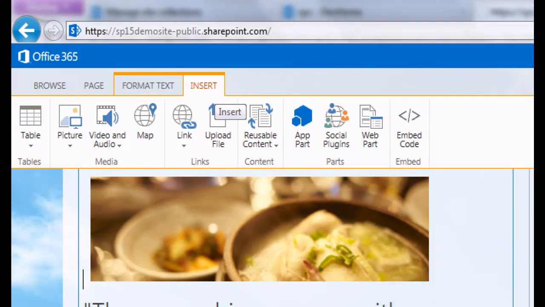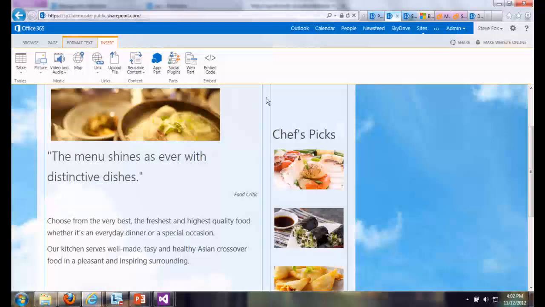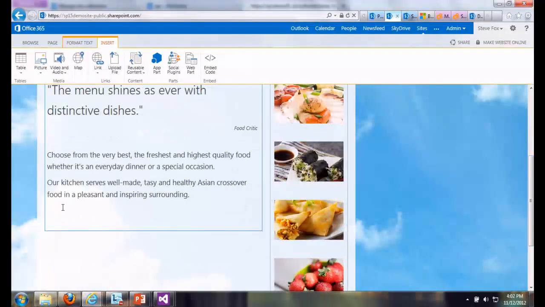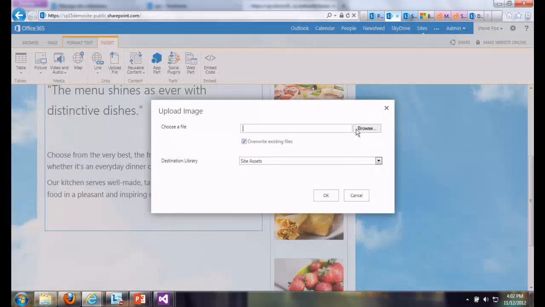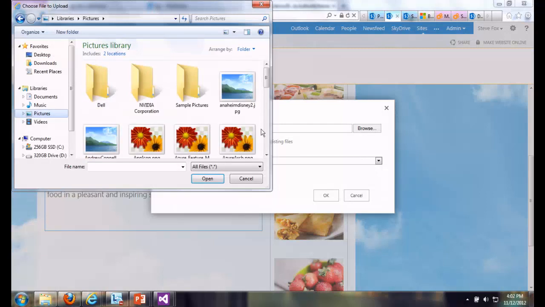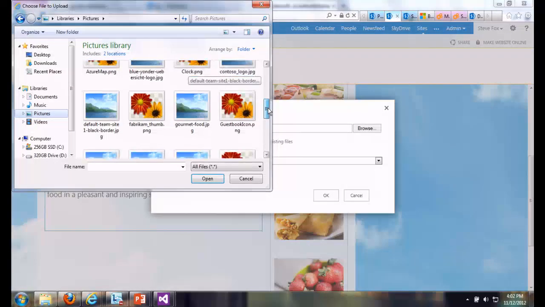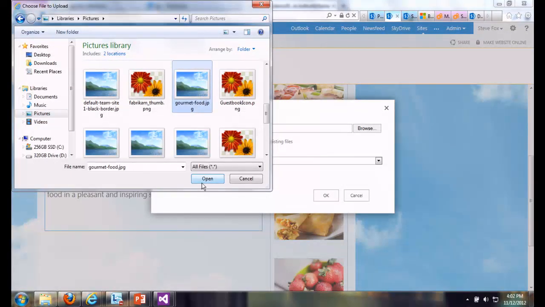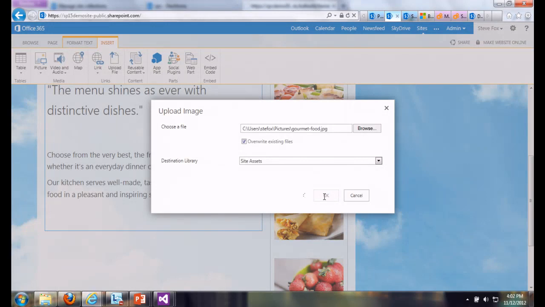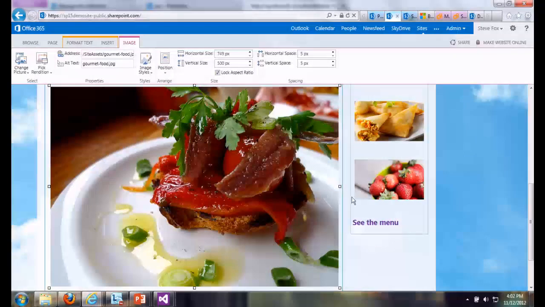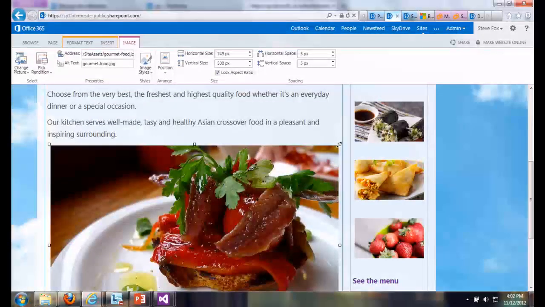All right? Let's keep it simple to start with, and hopefully this will work. Given the fact that we're having some network issues, I'll go ahead, select a picture from the computer. I'll say Browse. We'll go into my Pictures folder in my local file system. Let me see here. I don't know, gourmet food. That looks like a good one. I'll open up that one. Click OK. Now what's happening is Office 365 is pulling a JPEG off of my local folder. This isn't rocket science. It's going to hopefully add it to the site. There we go. Doesn't that look tasty? It's making me hungry. All right? So that's an example of adding some static content.